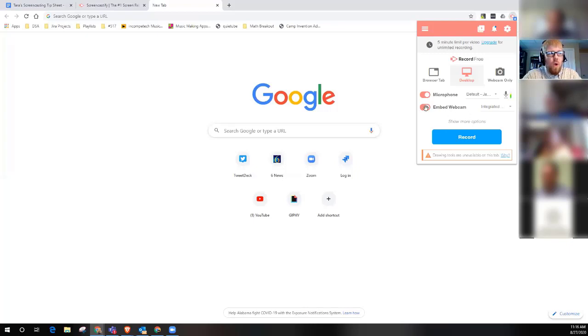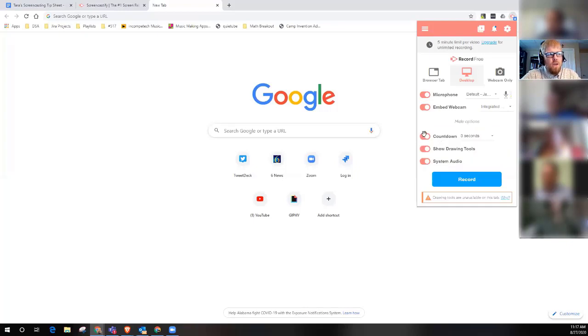The second thing is your webcam, which most of the time is this. When it's on and live, there'll be a little light that comes on. At least that's what it does on mine, to let you know that you're being recorded, okay? All right, down here is more options. You've got some of these things, drawing tools. If you're gonna wanna scribble on your screen while you're recording, that is something that you can do.